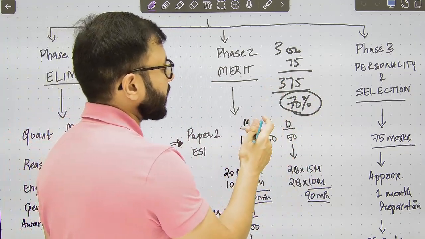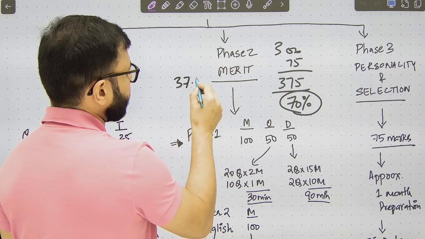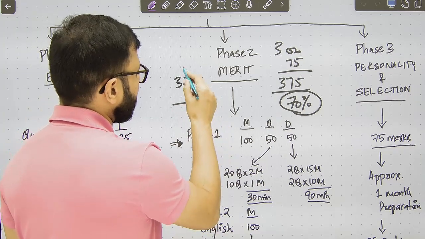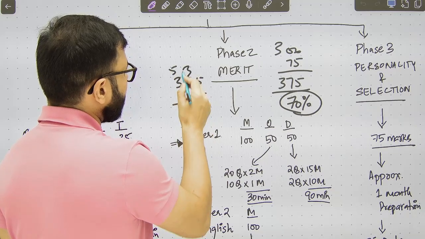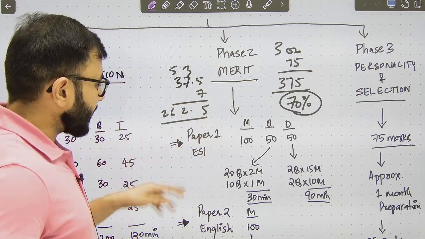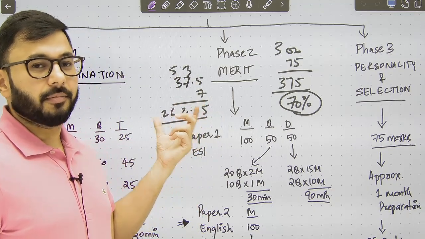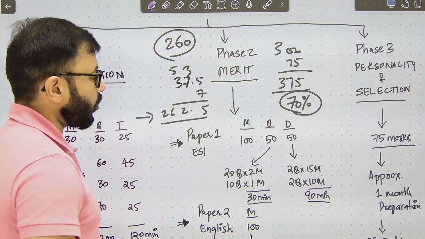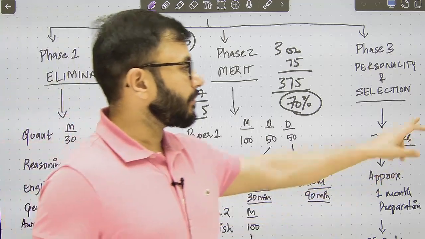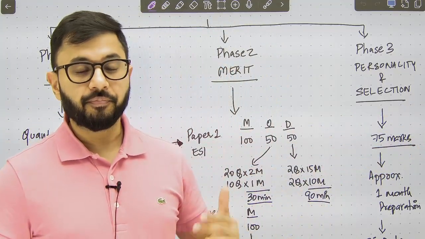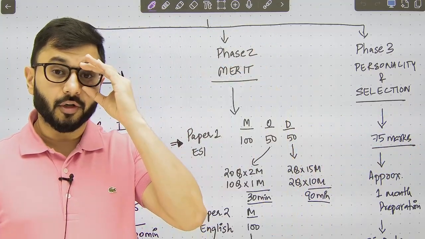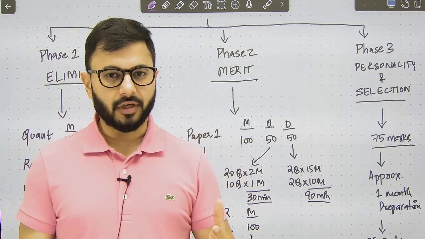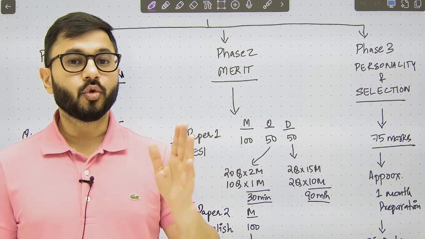इसका 70% कितना होगा? 10% is 37.5. 37.5 into 7. 7 into 5, 35, 49, 52, 21, 260. This is not even the toppers marks this year was 260. So if you're targeting 262.5, then you will probably end up scoring 250, 240, 230. टारगेट जितना स्कोर नहीं कर पाओगे उससे कम ही करोगे. So target 70%, then you will come down to 60-65%, and that is enough for you to crack the examination